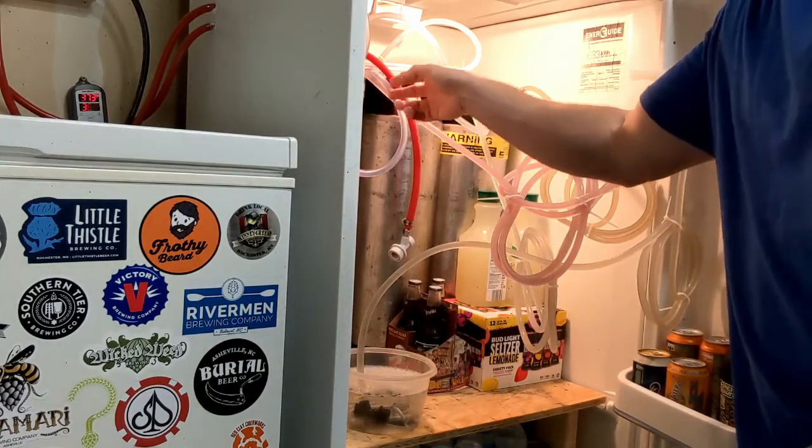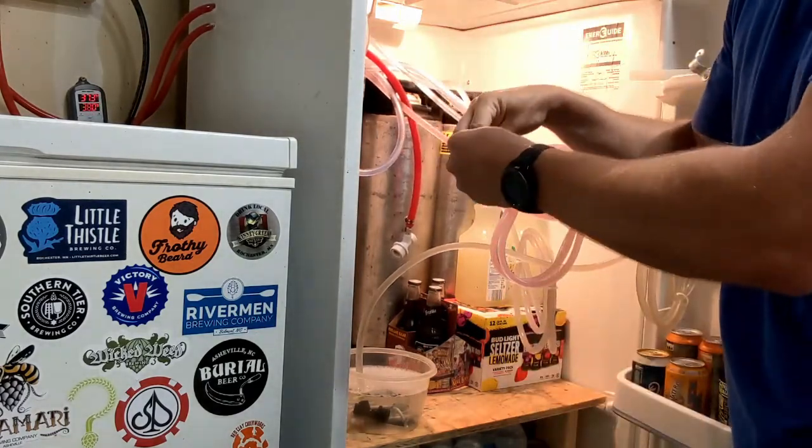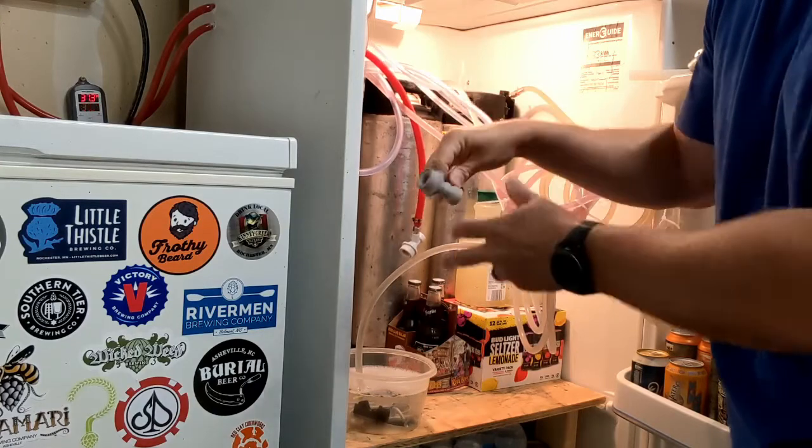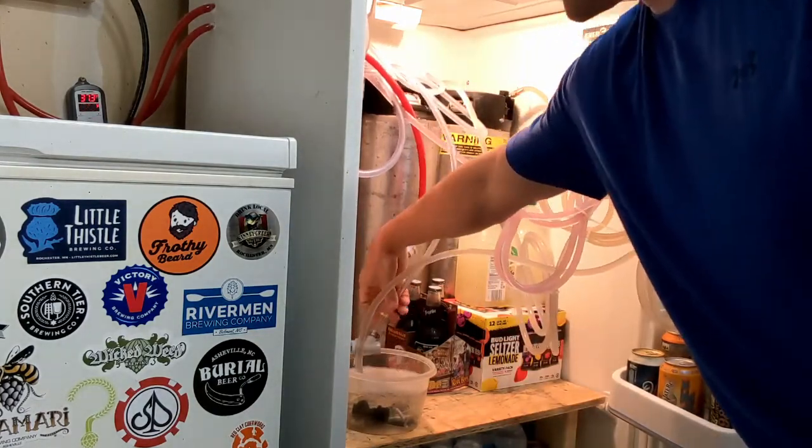And so I'll do that also for the gas line, just because sometimes that can also get a little bit gummed up just from the extra stuff that's in here, but this one shouldn't be quite as bad. But I'll go ahead and I'll take that and I'll actually let those soak in there for a little bit